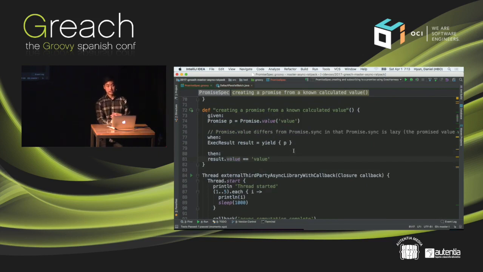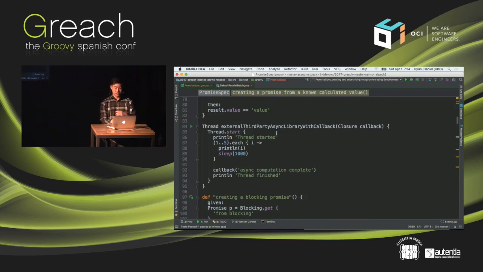Creating promises typically yields execution segments, yes? But you don't necessarily have to. If you have some kind of pre-computed static value that you already know of, you can make use of promise.value, and this value will always be used when you subscribe to this promise. That's the other thing about promises as well. They're lazy. You queue them up first, and then you subscribe to them later. They don't execute until you subscribe to that promise chain.